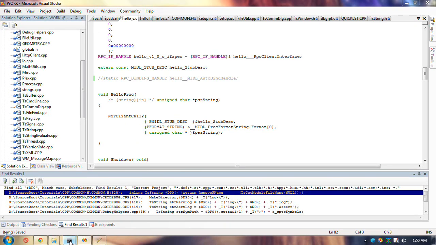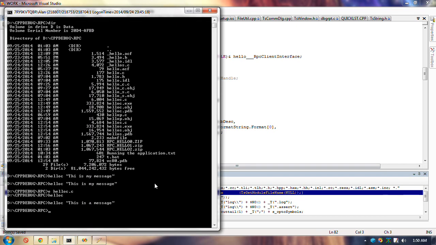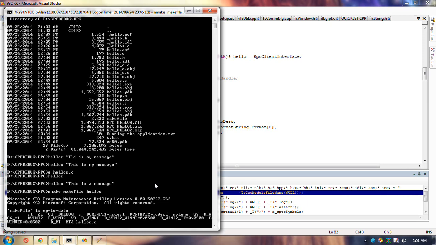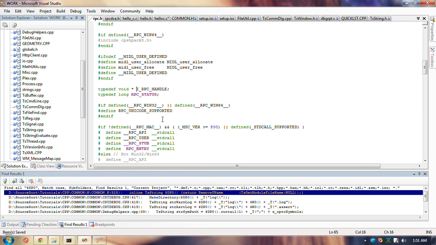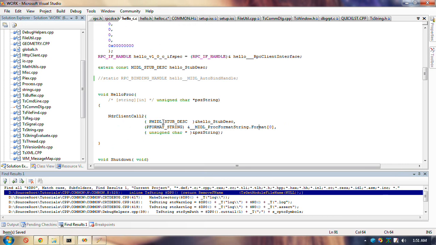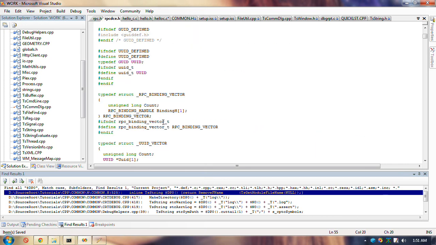Now that should compile. Oh no, I forgot to change one line. What is it?